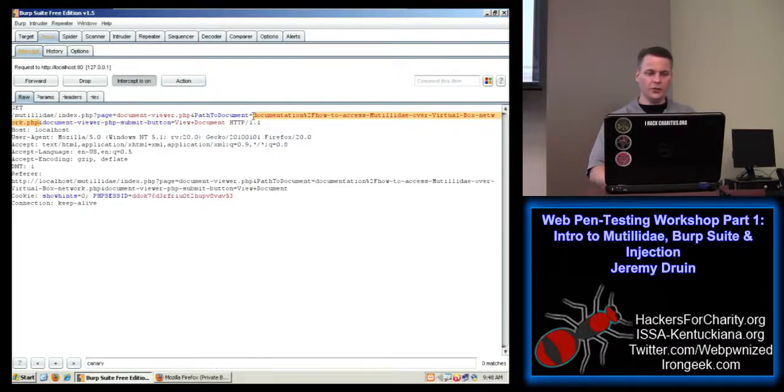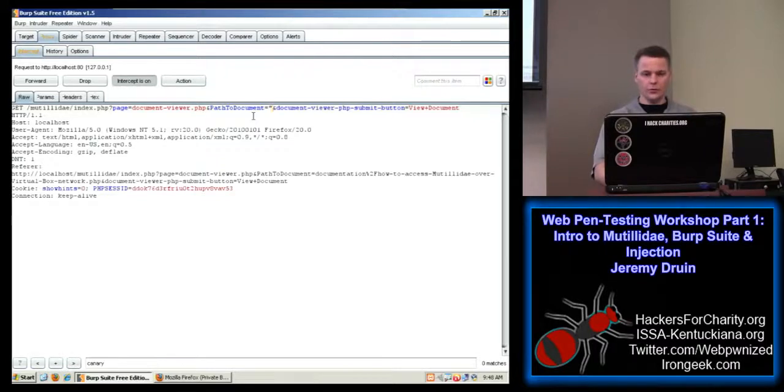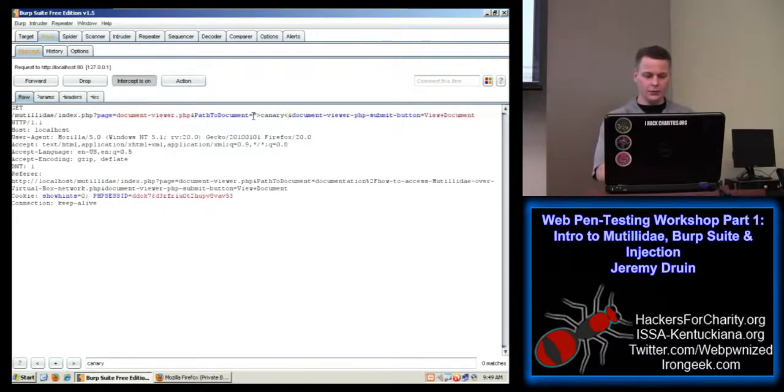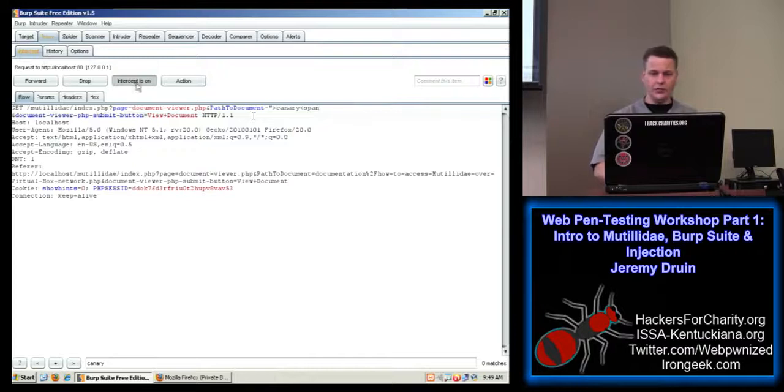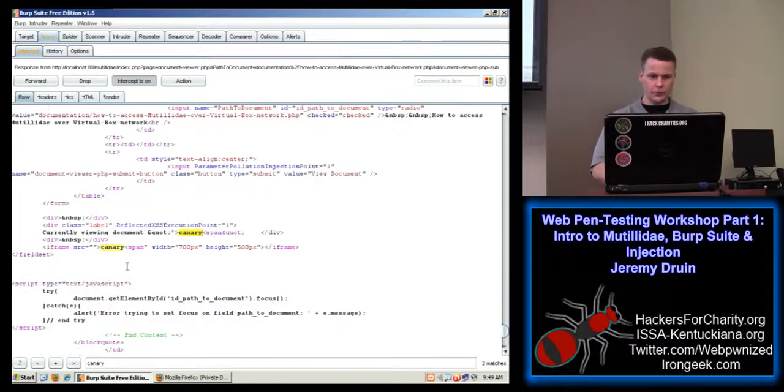So far we've closed off the double quote, and then we closed off the frame tag, and then we're going to put canary back. We've opened a new tag, span or whatever, it doesn't matter. Space. Okay, let's submit that much and see where we're at. We've closed off the iframe. We've got the word canary hanging there. That's going to be our payload placeholder.